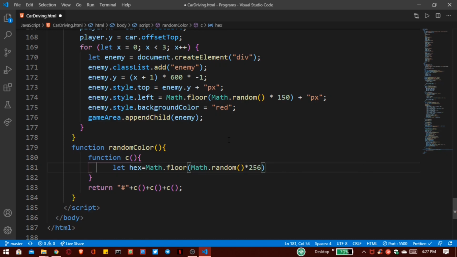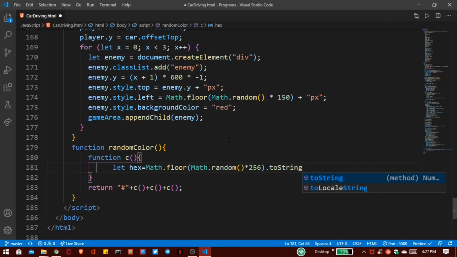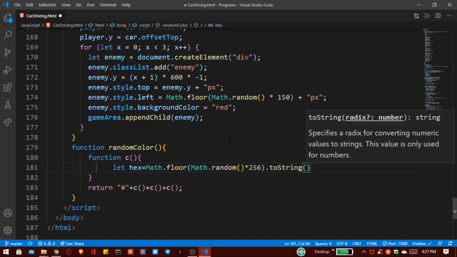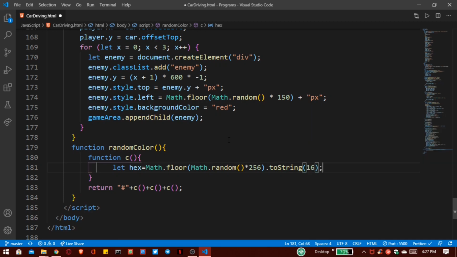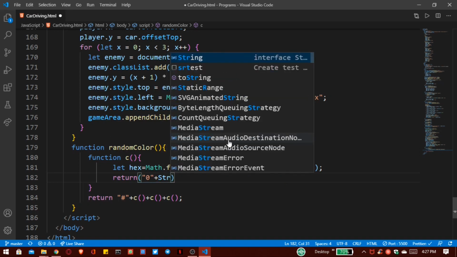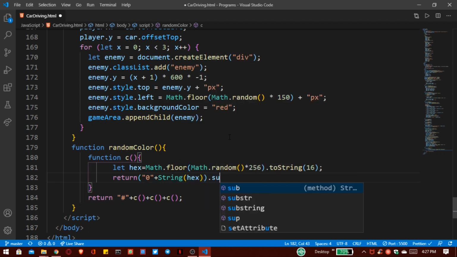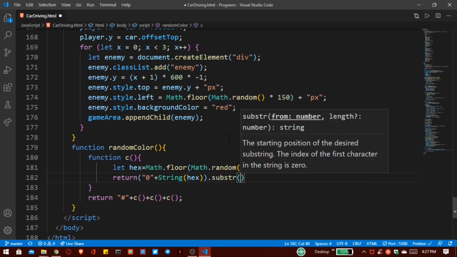After that, I write the toString command to convert our decimal into hex. After that, I want to return. If there is a 0, then we have to add a string again. Here we have to pass our hex variable, and after that substring is -2.